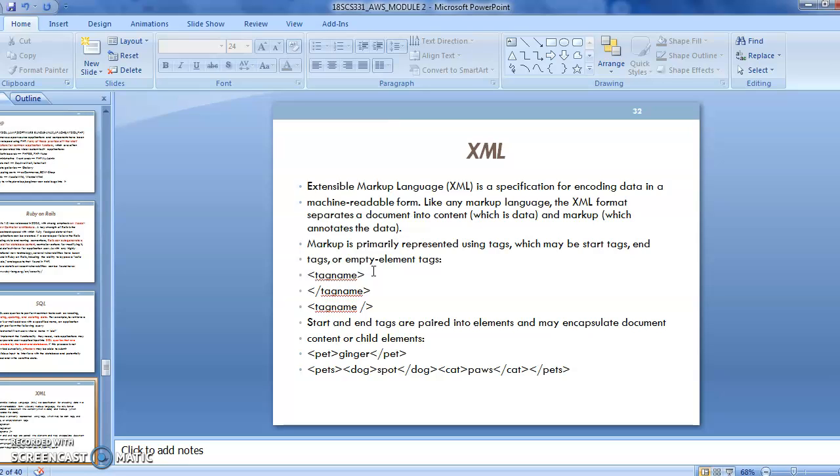In order to provide the data type for each of the content, we make use of XML, and we can encrypt our content by making use of these tags. So all the child tags are embedded inside the parent tag, so that we can encapsulate that data.